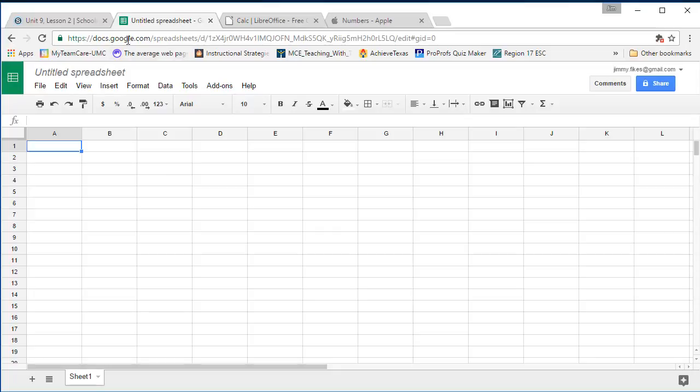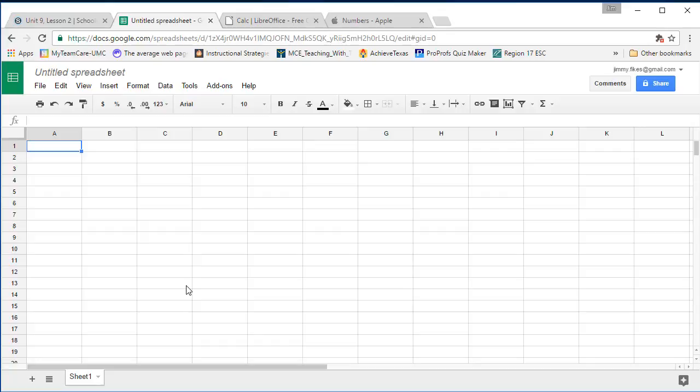Here at Google Docs, you can see that they have a word processor, they have a spreadsheet, they have a program that is like PowerPoint, and some other really cool products. And what you see is that Google Docs has a spreadsheet program. And you can come here and do almost everything that you can do in an Excel spreadsheet. Excel is much more powerful. It does a lot more stuff, but for the basic everyday things, if you don't want to go out and have to buy Office 365 to get Excel,